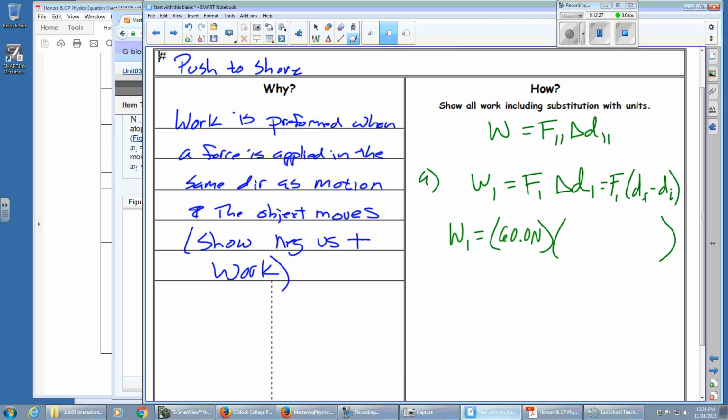So 0.05 meters minus a -0.06 meters. So I get W1 is 60 newtons times